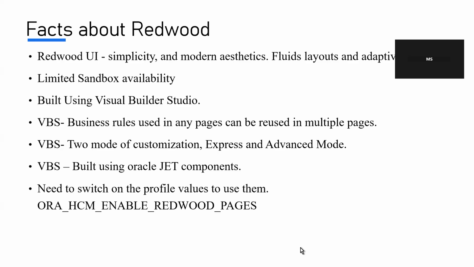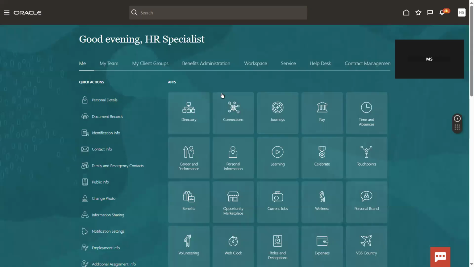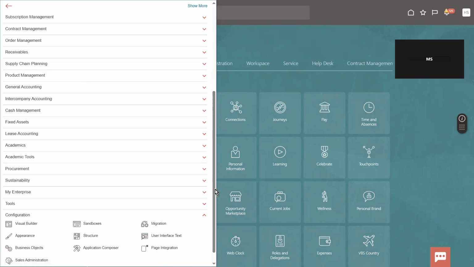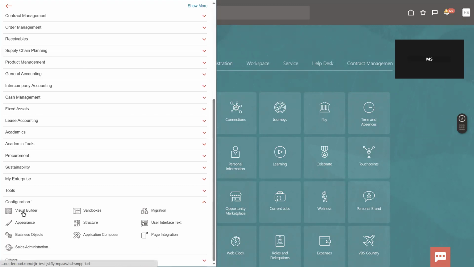the VBS. I just wanted to show you how the VBS page or the Redwood page can be identified. In the URL, if it says slash cases, you see that as a classic URL page. If the URL itself has the term Redwood, that means it's a Redwood page. And if you want to go inside the Redwood, then under configurations, there is this visual builder. If you click on this,